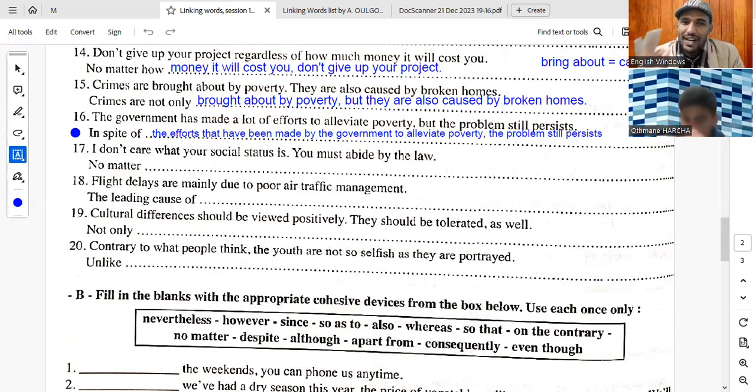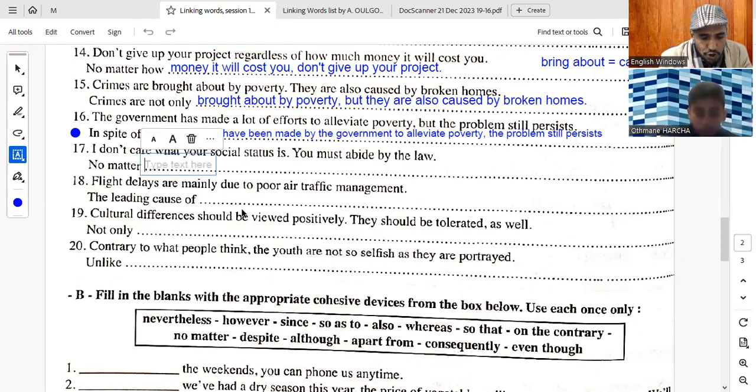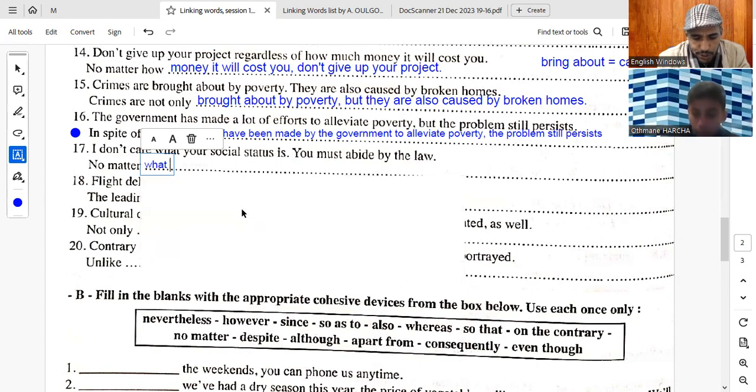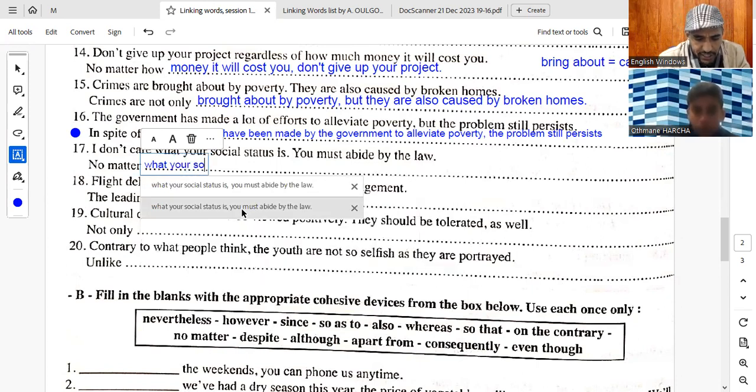Yes, no matter what. Always when we have no matter, we keep the what or where or that WH word as it is without any change. Very good. And then we just go on writing the full statement. No matter what your social status is, you must abide